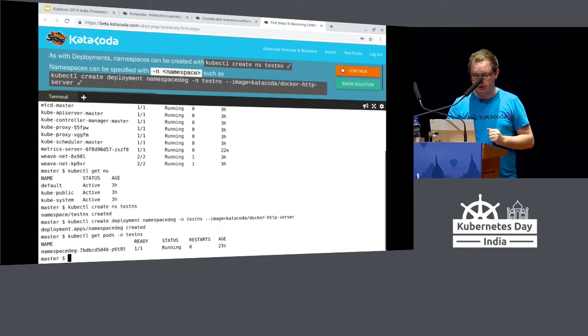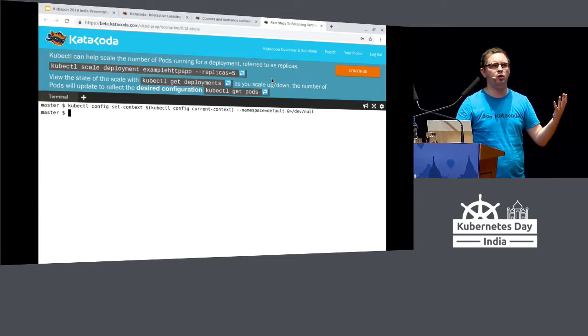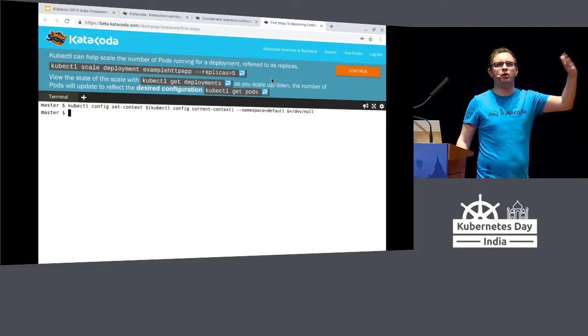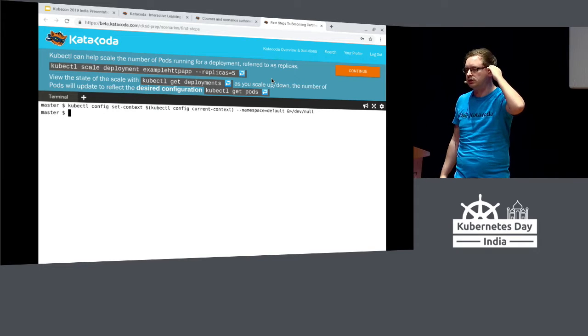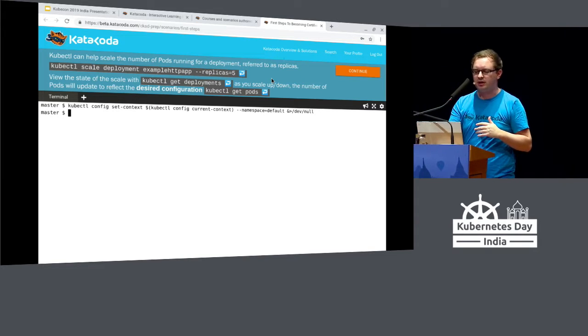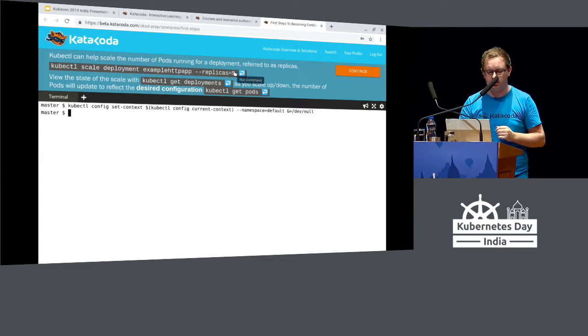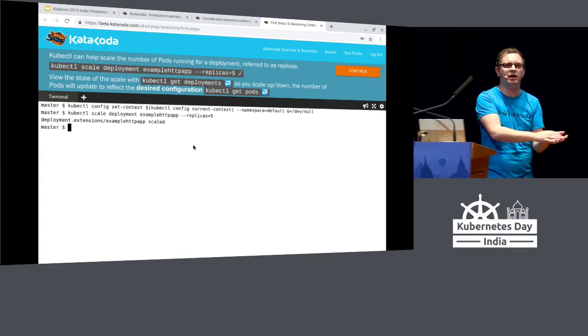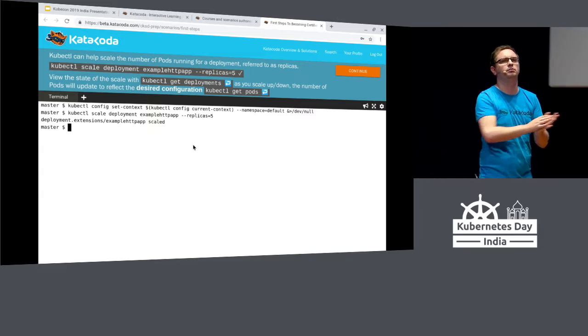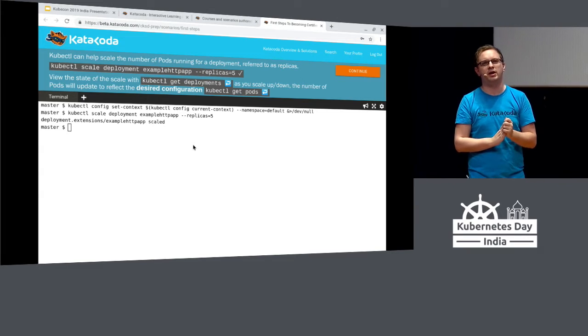Now, as we move forward, we need to think about how we can scale. We've deployed our application successfully, but how can we scale that to meet our requirements? And again, one example of how this can be done is through kubectl with a scale property. So now instead of saying get or create, we're saying scale. Bring up more of the same instance.